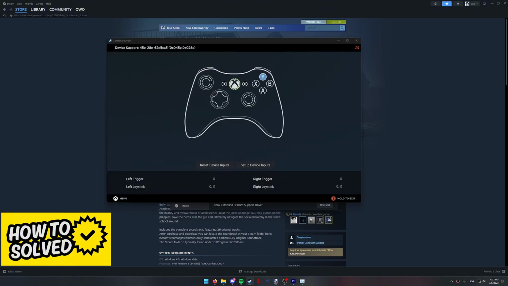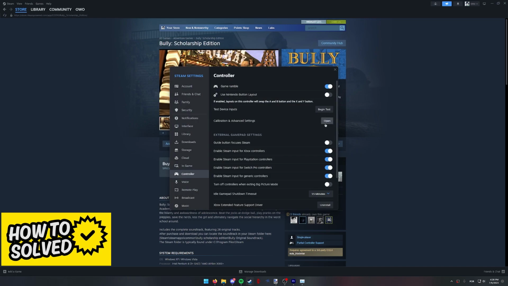Make sure that all the inputs are properly set up and see if they are being picked up by your computer. You can also select Set up Device Inputs over here if you wish to go through the process of resetting now. Besides this, you can open up the game with the controller connected to your PC,